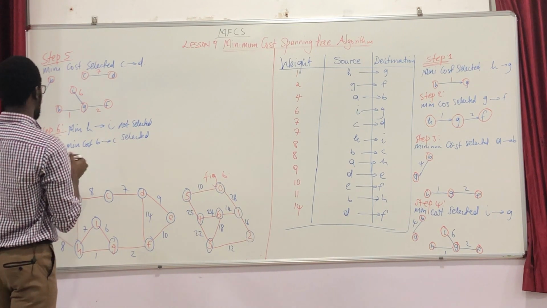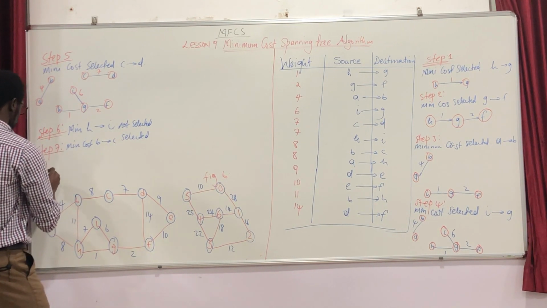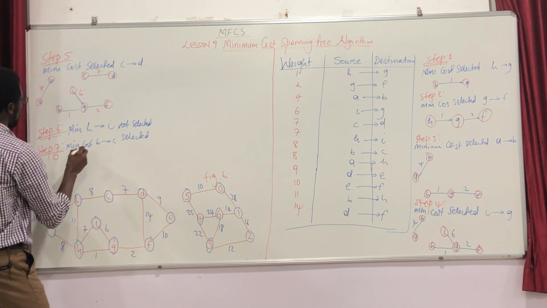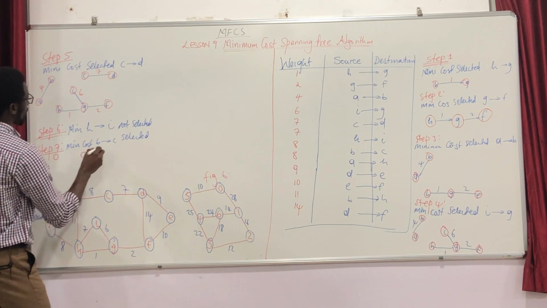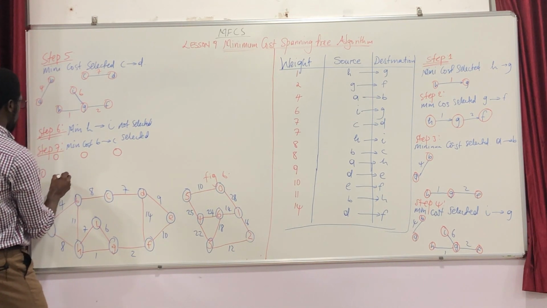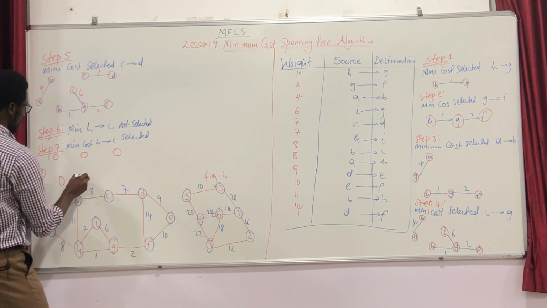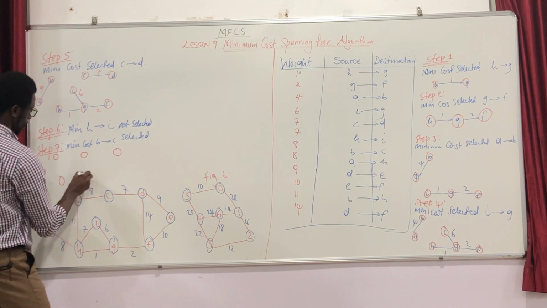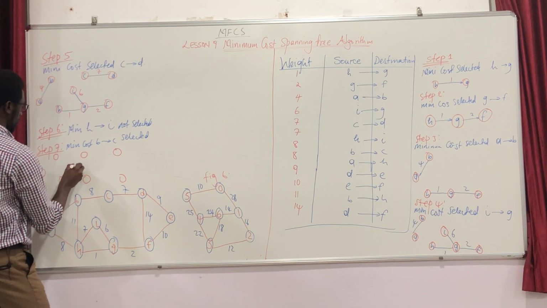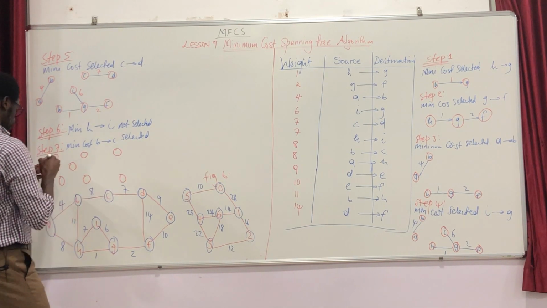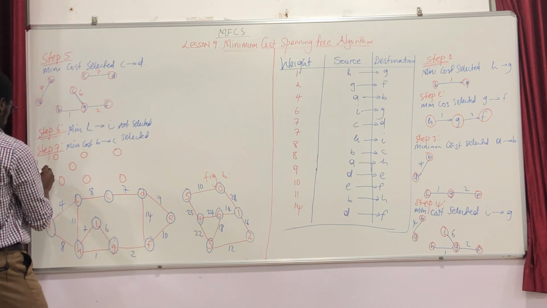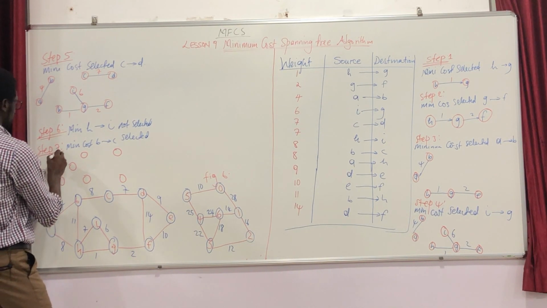So we'll do the same diagram here. We have here A, B, we have C, have here D, then we'll have H, G, F, we have I. This is A, this is B,